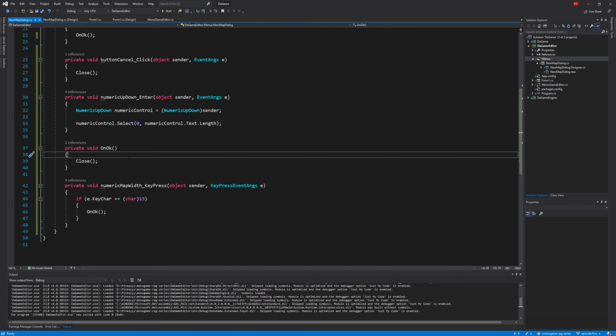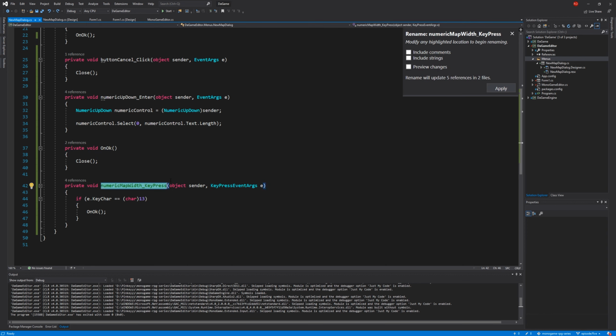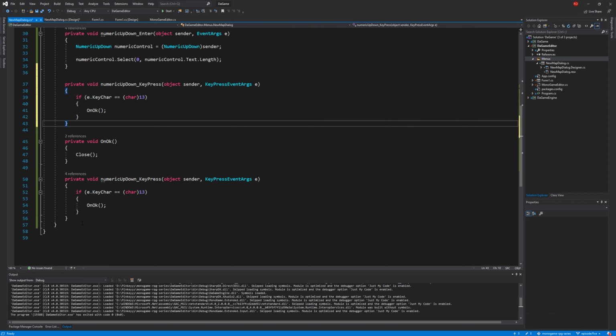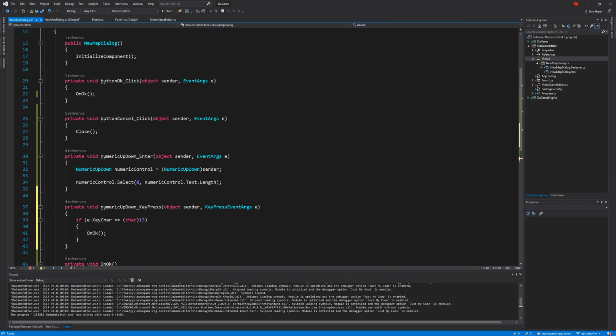Additionally, of course, the method name indicates it's only been used by numeric map width, but actually it's been used by all the numeric up down components. So we'll give that a quick rename. So if we right click on there, rename, numeric up down key press. And what we'll do is we'll move that above the OK action there, just so it's nestled together with the other event. Let's hit start,